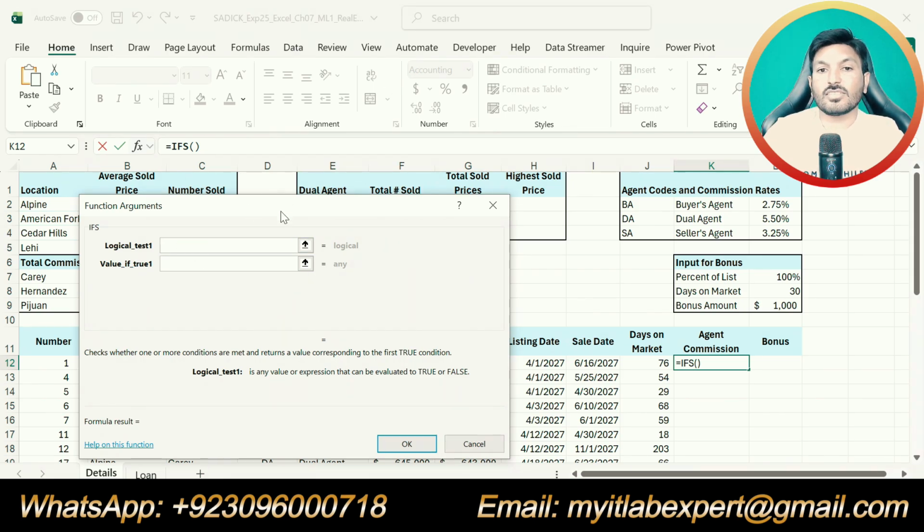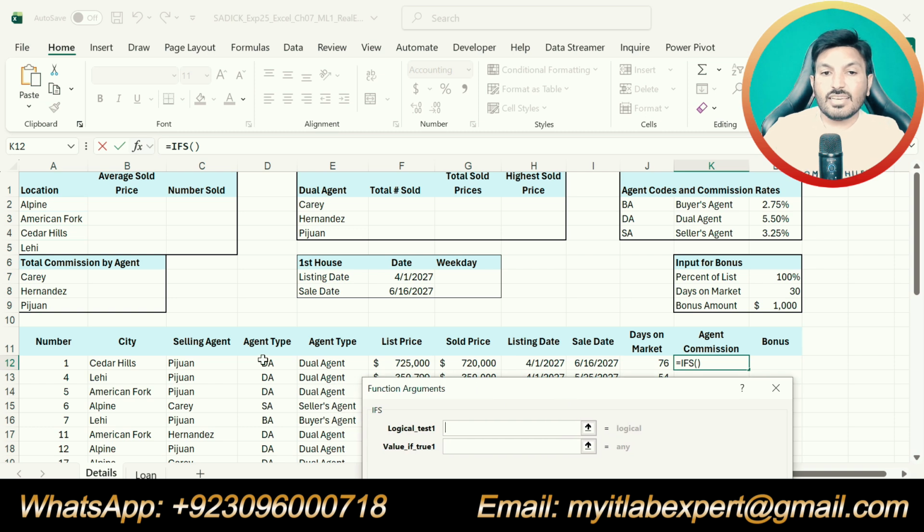So for our logical test 1, we will check whether the agent code that is given in cell D12 is equal to J2. If this condition is matching, then our agent commission will be the sold price, that is G12, multiplied by L2. Okay.